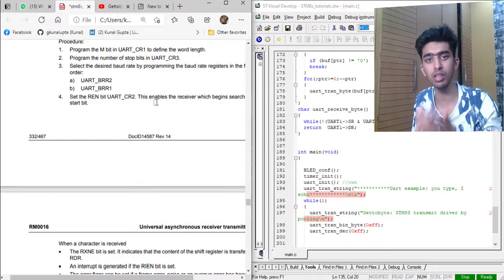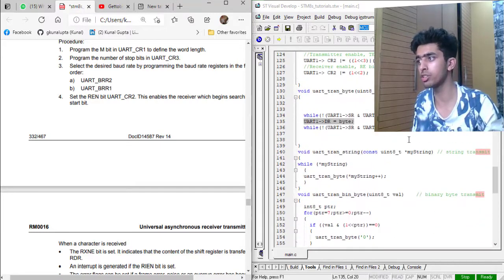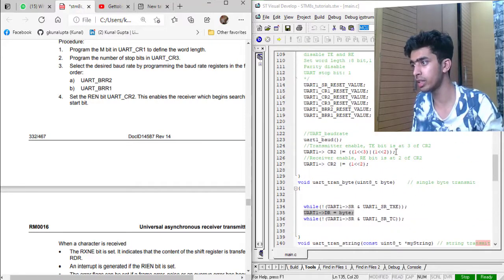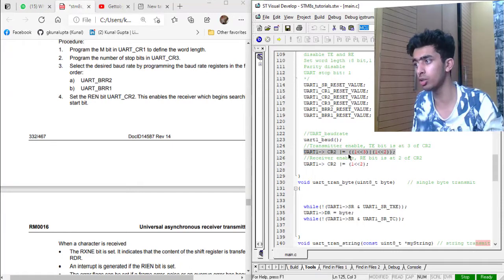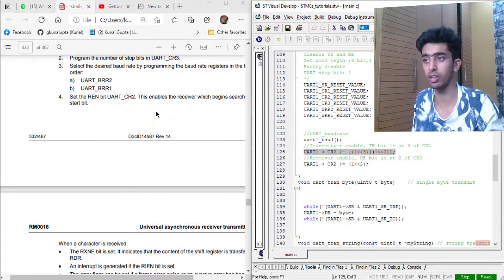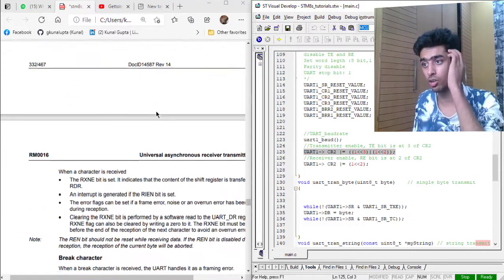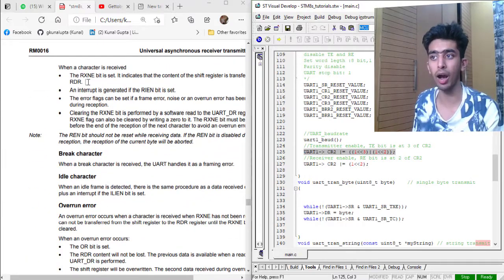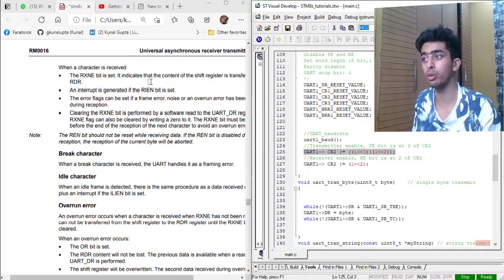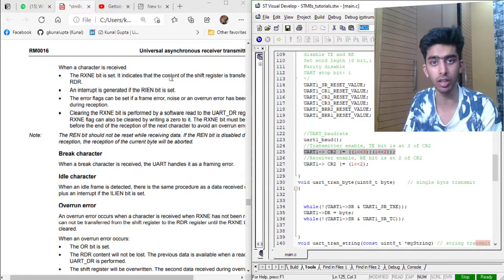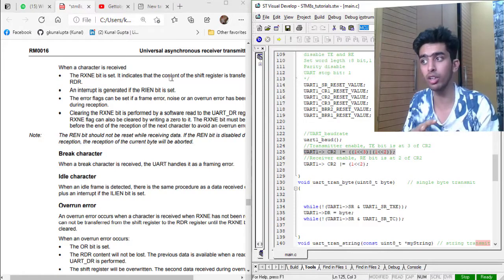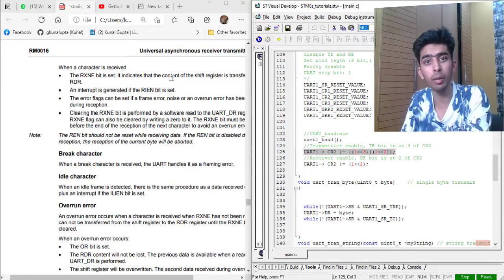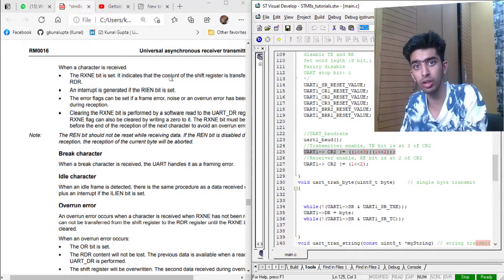This enables the receiver. Okay, so in the configuration part, I will be setting bits 3 and 2 of the UART CR2, which are my TE bit and my RE bit. Enabling those bits so that I can use my transmitter and receiver part, and then simply polling on the RxNE bit, which will indicate that my receiver shift register has transferred my data to the microcontroller data bus.